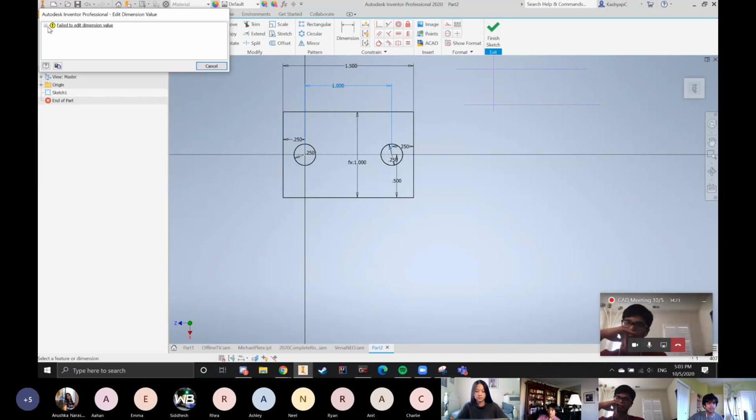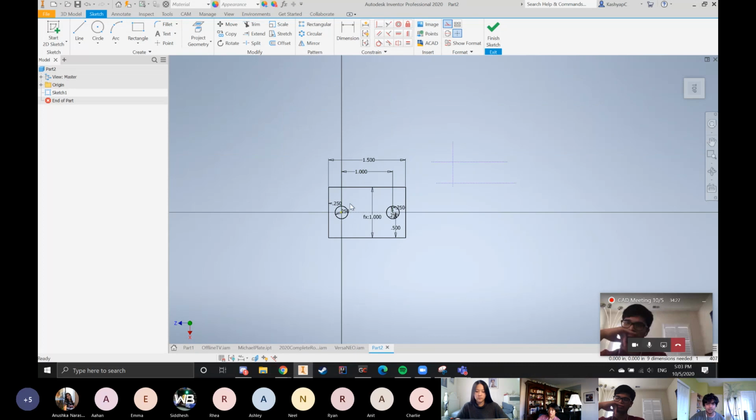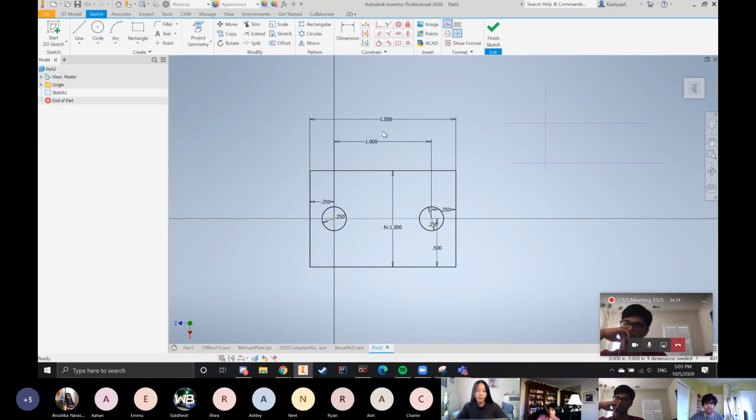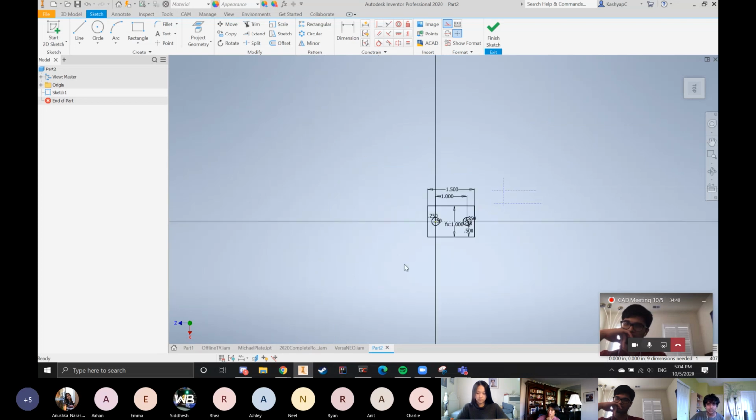Fail to edit dimension value. So the reason it's not letting me edit the dimension value is because if we look at everything here, right? This is 1.5, this is 0.25, this is 0.25. So this can't be anything times 1, which works if you're just trying to create a sketch for the first time, right? Well, let's say I check the part again. I'm like, oh no, this actually needs to be 0.75. Now I need to change 2 values instead of 1. If I were to remake this,